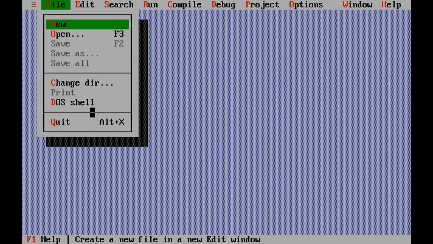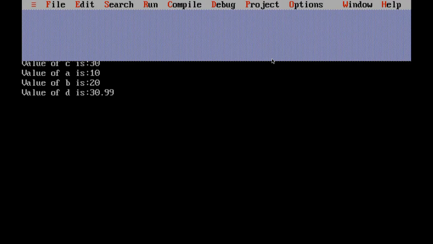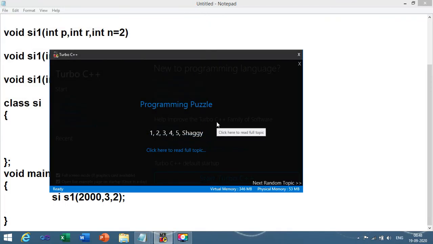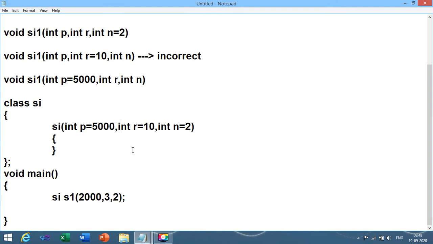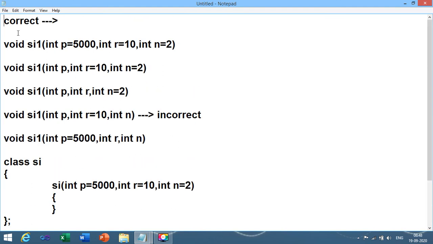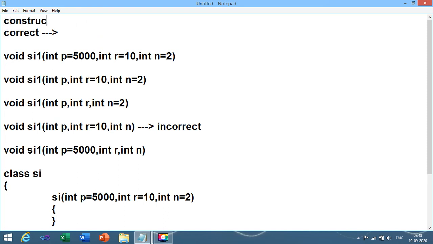Now let me close these programs and let me share the notepad file for all the 3 programs which you need to write in the journal. This is the correct and incorrect method which is declared with the constructor and function with default argument.